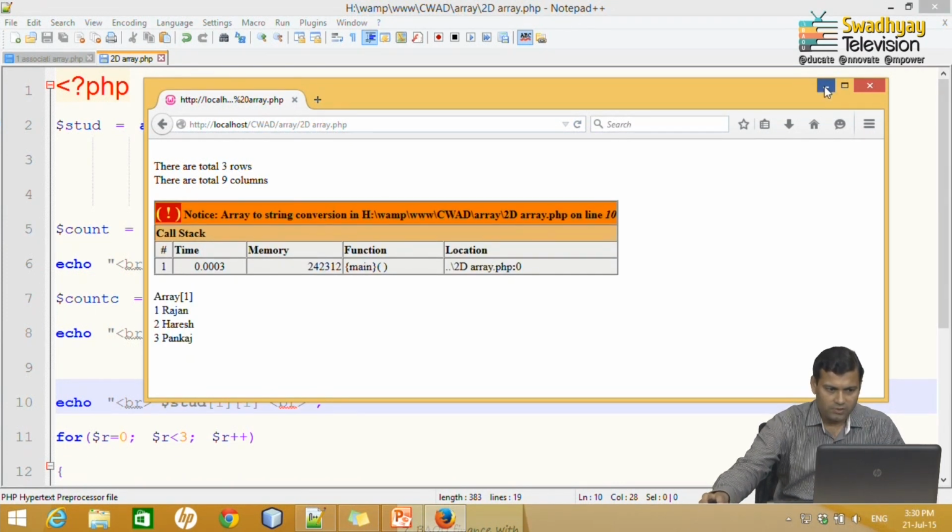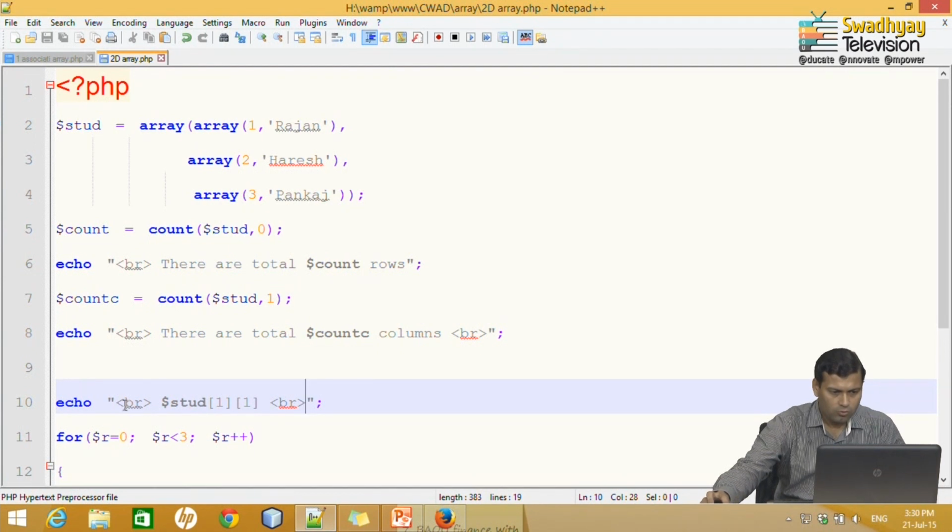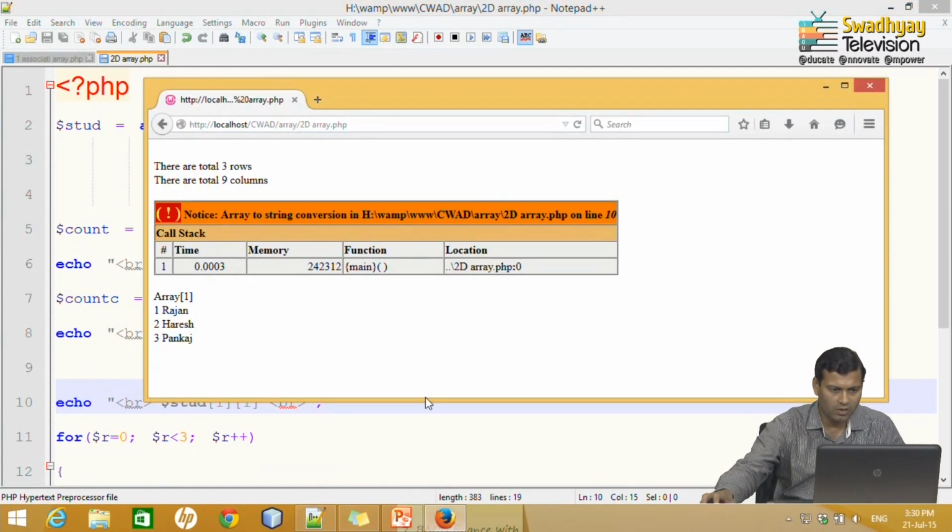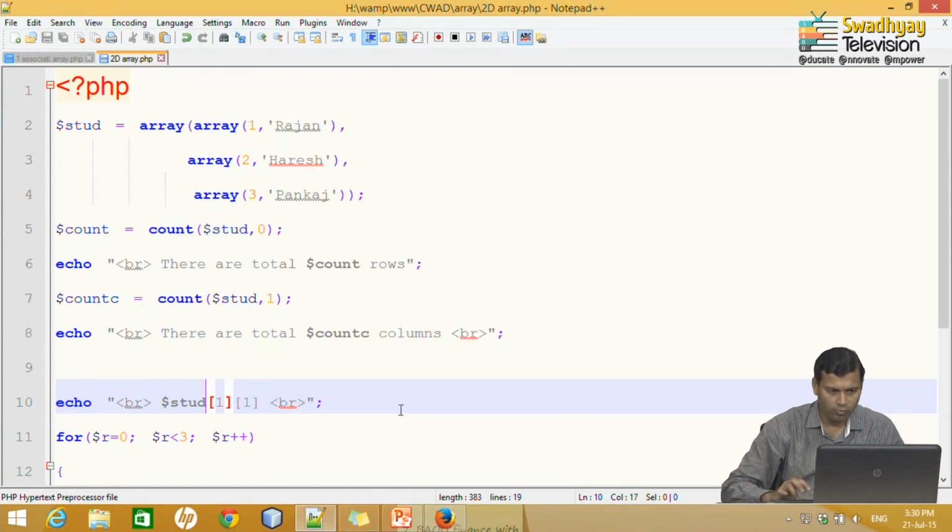Okay, yes, when you type an array you do not need to use this string around 1 and 1. Okay, I have used this in the array. So, the error says array to string conversion on line 10, because I wrote the array with 1 and 1. So, let me remove this and show you.